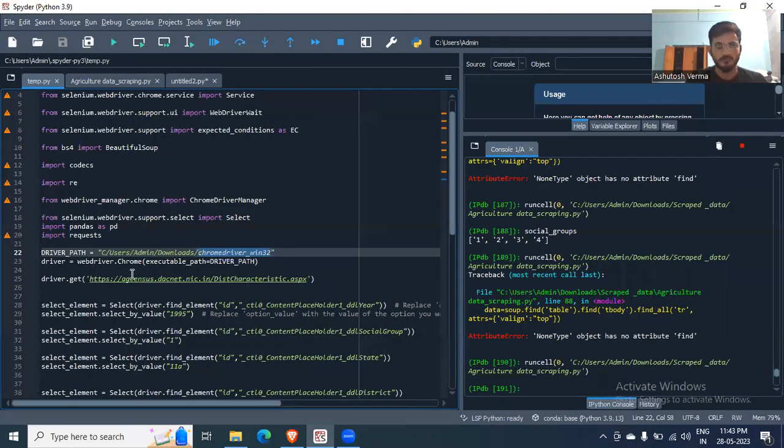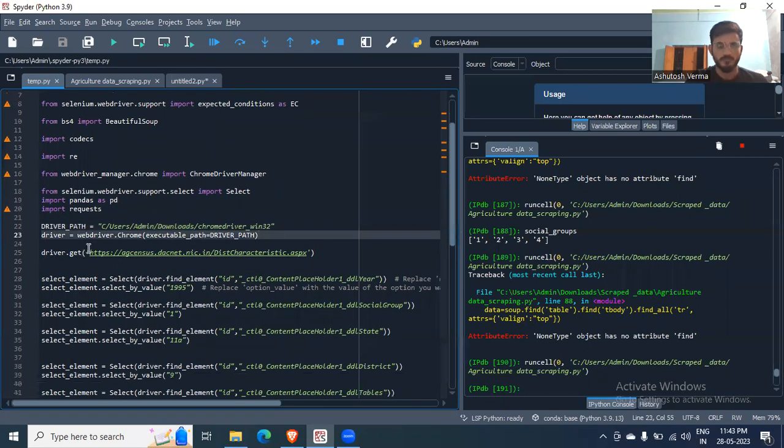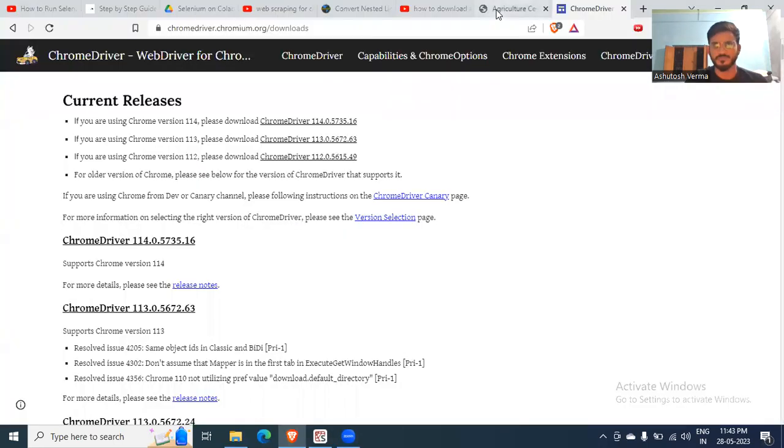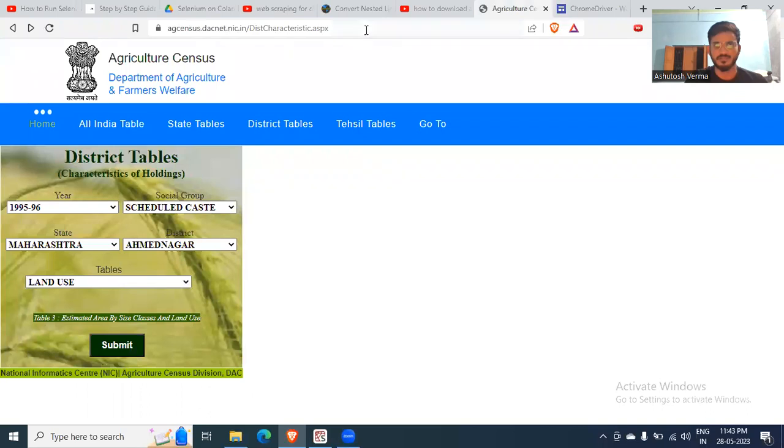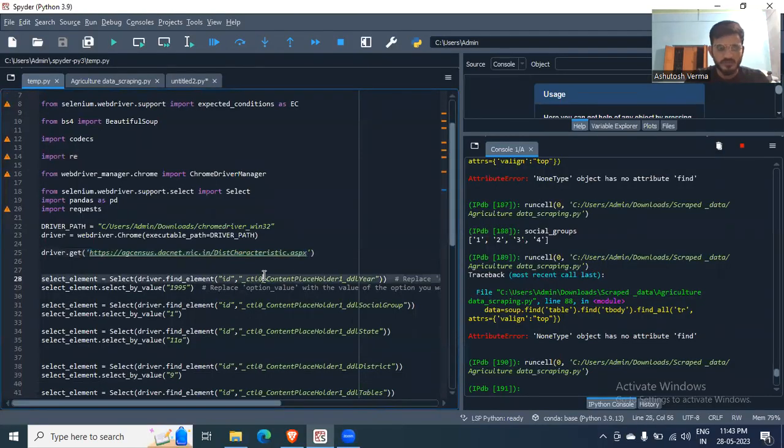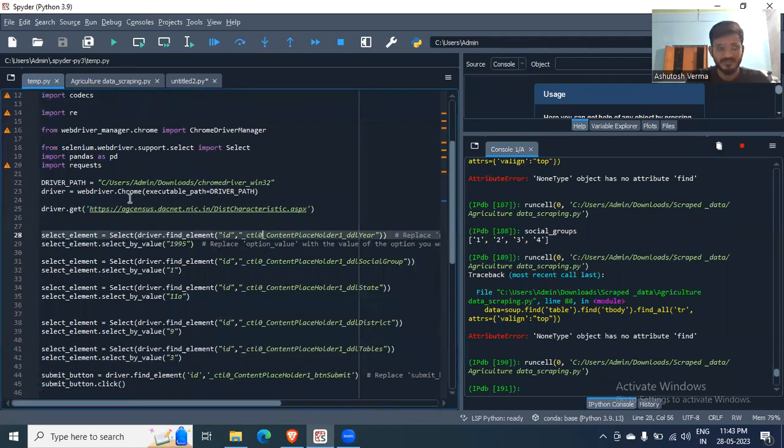Once you download this, you need to give the path of that Chrome driver. It is in my downloads folder, so this is just the path of where it is stored. And this is another line that you can copy paste. Now, this is the link of the website which we want to scrape. Once you do this driver.get,